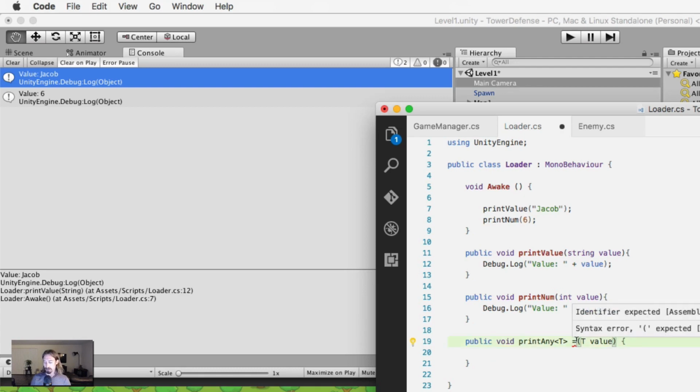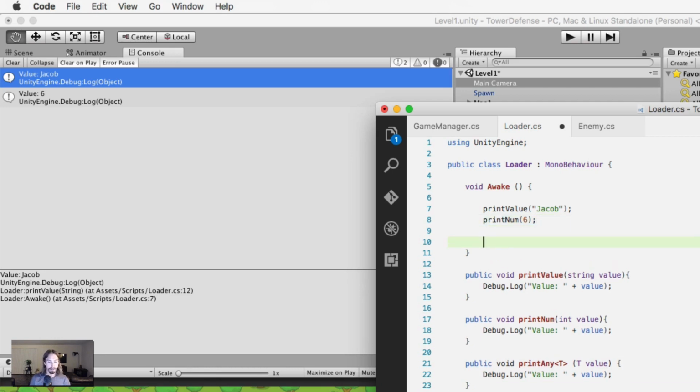I don't want that equal sign there. T is basically like a blank placeholder for the type you're passing in. And the really cool thing about this is we can pass any value type in with this. And so now let's just print this debug statement here again. Tab over. So the cool thing is, you can pass any value type into this method that we created. And the way that we would use it